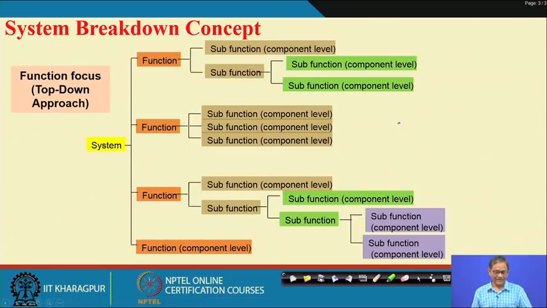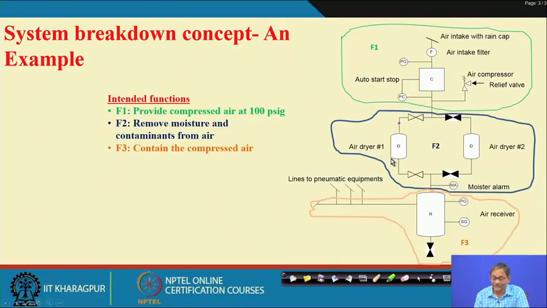So, last class the system breakdown concept we discussed with reference to the bottom up approach, where we showed you system, subsystem, then component to part. You can go for a functional approach. In case of function, the system has different functions and then different sub functions, up to component level functions. That way you proceed. I am not explaining this further, because we explained this system in the last class. With reference to this, what is the functional breakdown?